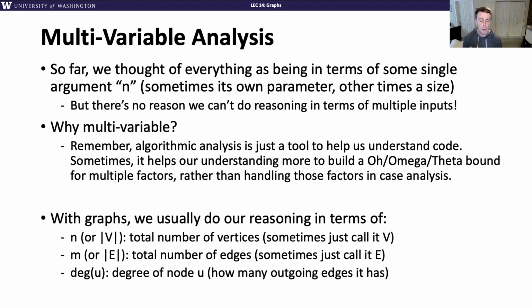And this is going to help us a lot with graphs, when we have very natural multiple ways to change the size of a graph. You can either add more nodes, you can add more people to your social network, or you can add more edges, you can add more relationships between people. And it turns out that some algorithms actually run on the degree of some of the nodes, for example, how many edges are coming out of a particular node. So there are lots of different factors that come into play here. And so it might help us to beef up our tool a little bit in order to work with these multiple